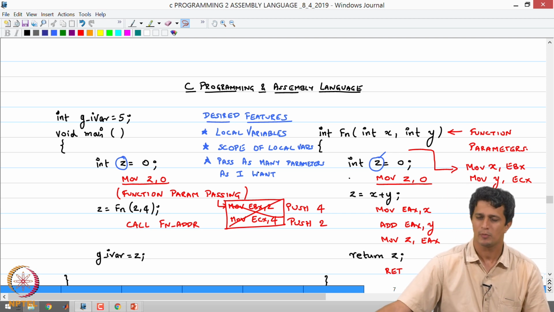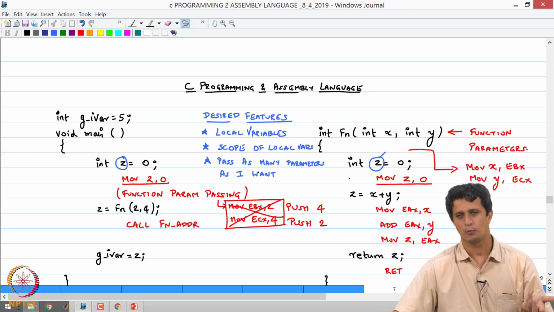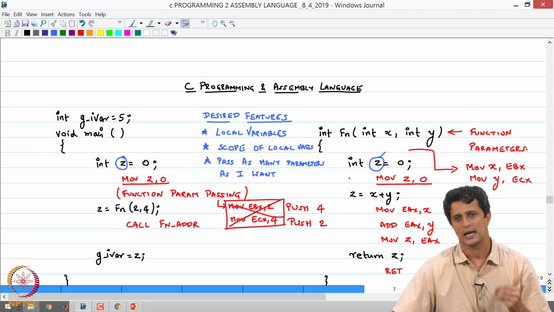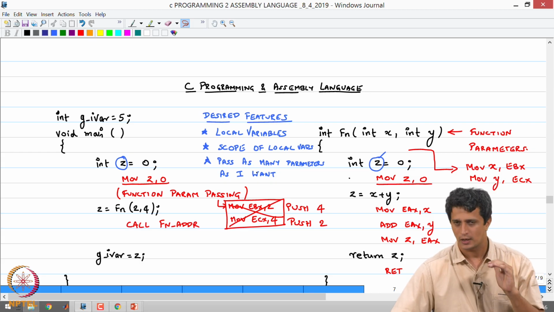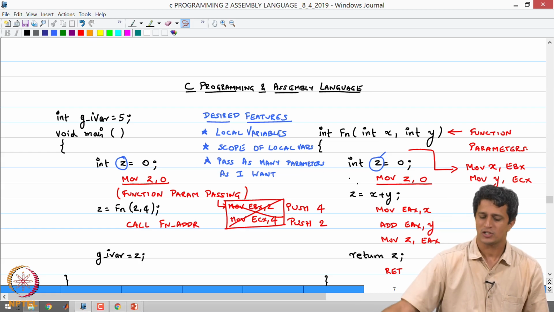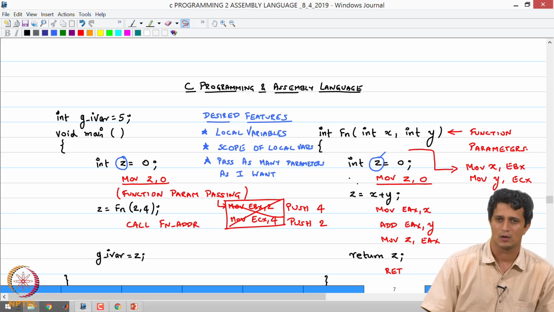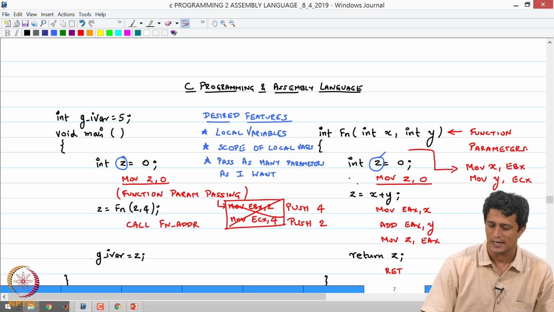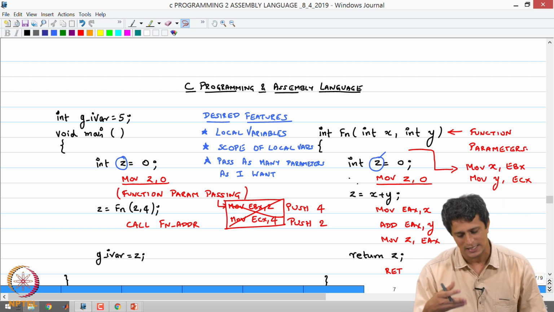So essentially we might want to pass as many parameters as needed, and for this we also discussed last time that it is probably best to push these parameters onto the stack and pass them through the stack into the called function. So in this lecture, before we go ahead and look at how a C program gets executed, and what more instructions we need to add, let us quickly understand how local variables and these function